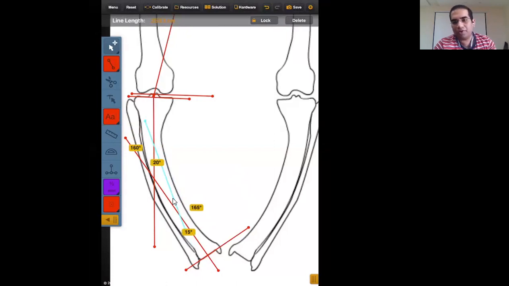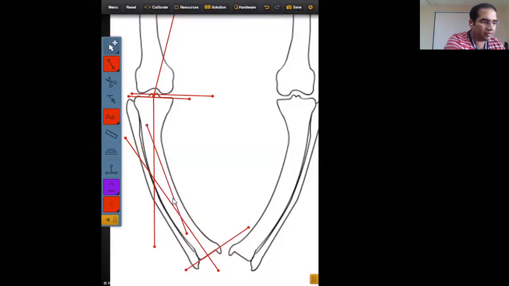It does not really make much difference if you draw a line which is slightly oblique. What I mean to say is, if I've drawn a line like this, it has given me the location of the CORA at this point and this point. So what is going to happen if I draw this line like this? What is going to happen? It's not going to make much of a difference.